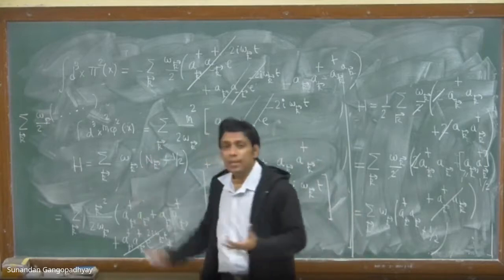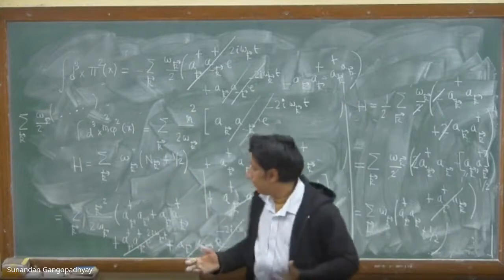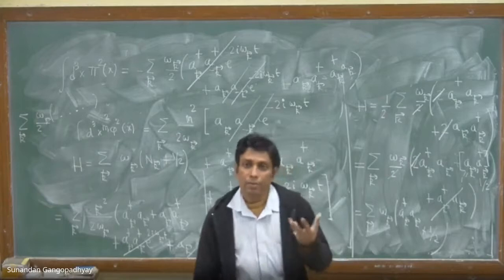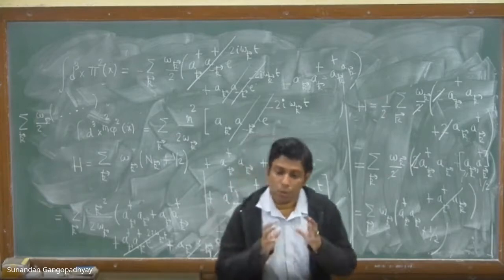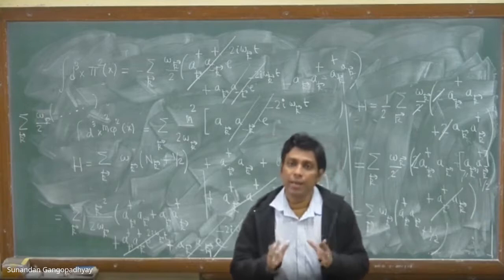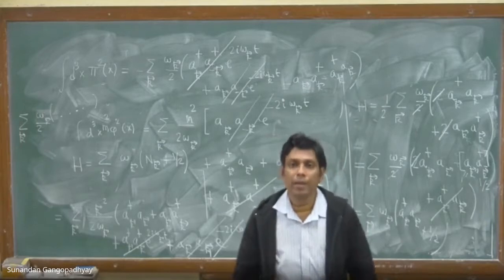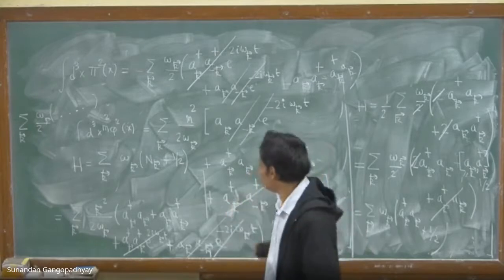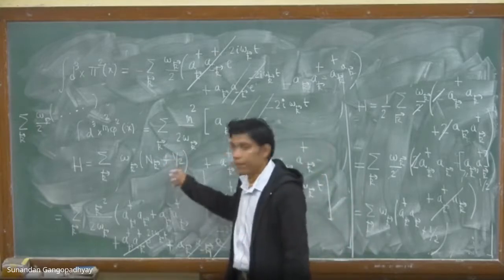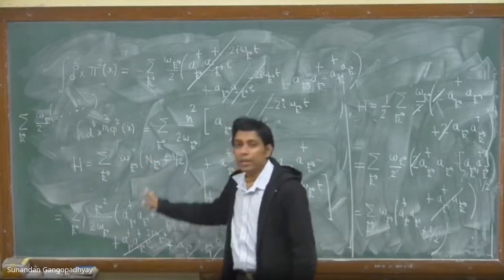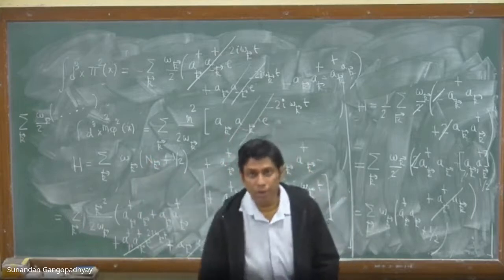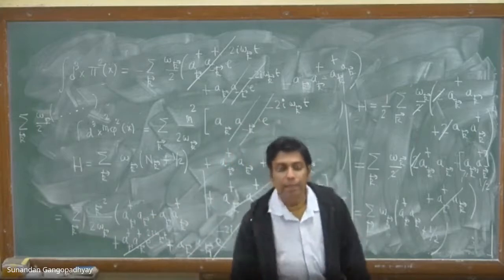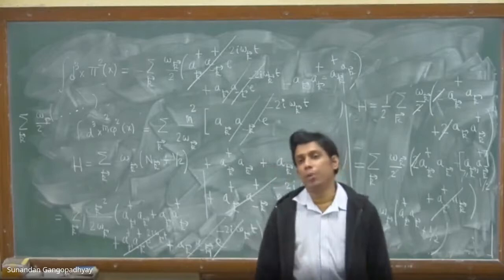So if nk is the number of particles with momentum k, multiplied by the energy that each particle can have, that is omega k, then this is the total energy of this nk number of particles with momentum k. The total energy is omega k into nk, and you obviously have this factor. I will come to this factor later on. So this operator gets the interpretation of a number operator now, the nk operator. And what does it do? When it acts on a state, it gives you the number of particles with momentum k.